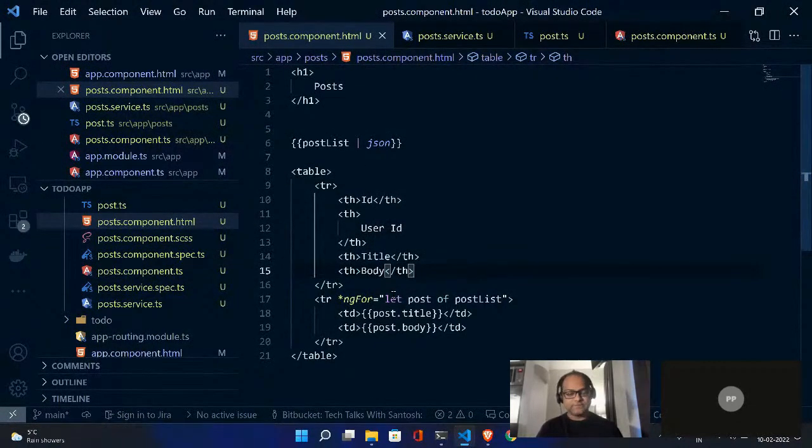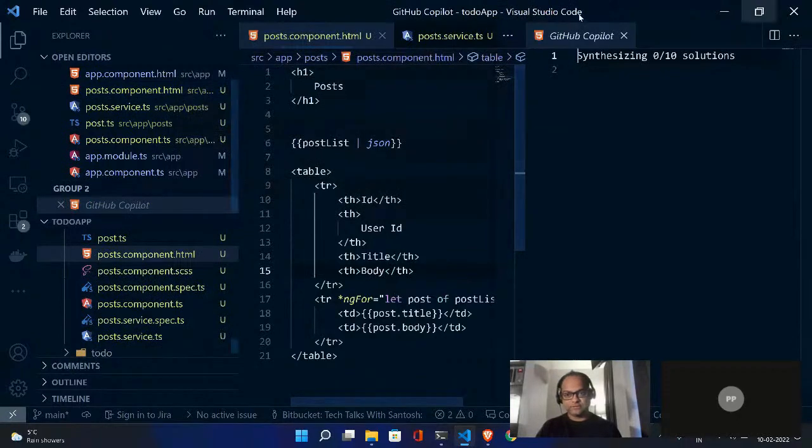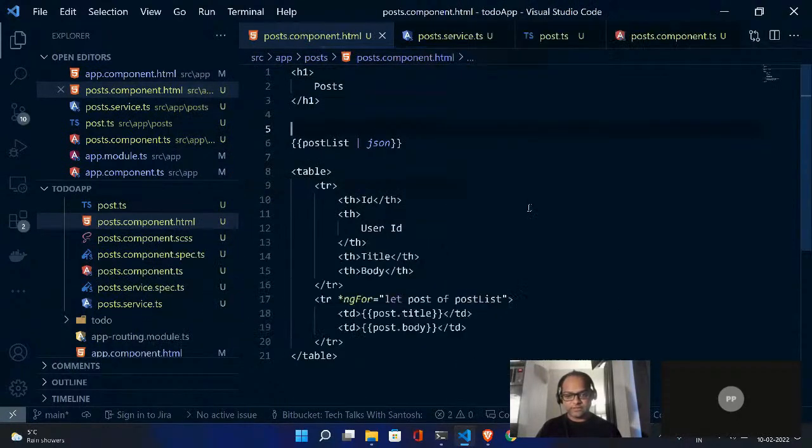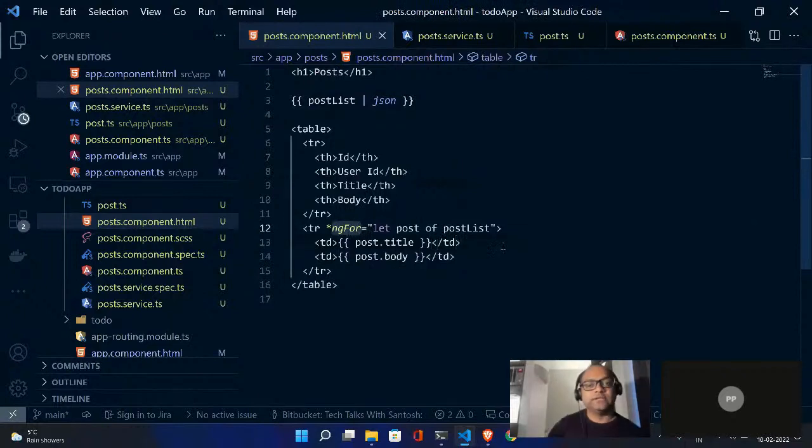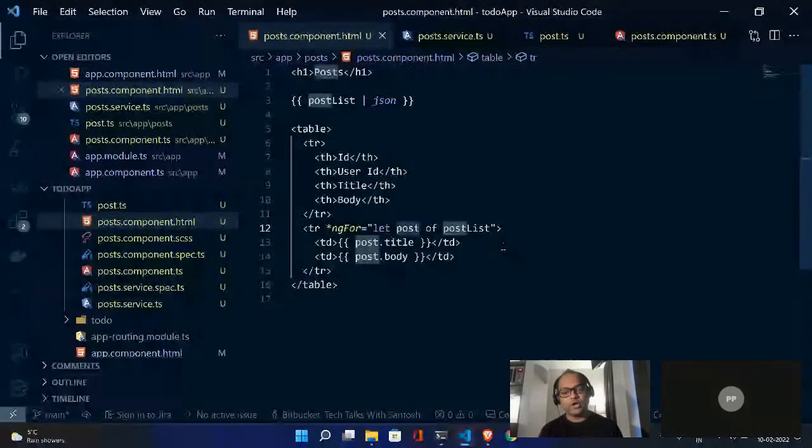And Angular gives you a method, or you can say a helper method, called ngFor. So remember this, star ngFor, to work on arrays. It's like a for loop. You can see its name is actually ngFor. So it says for. It is a for loop where we are saying let post, which means a single post of the entire array which we have as part of post list.